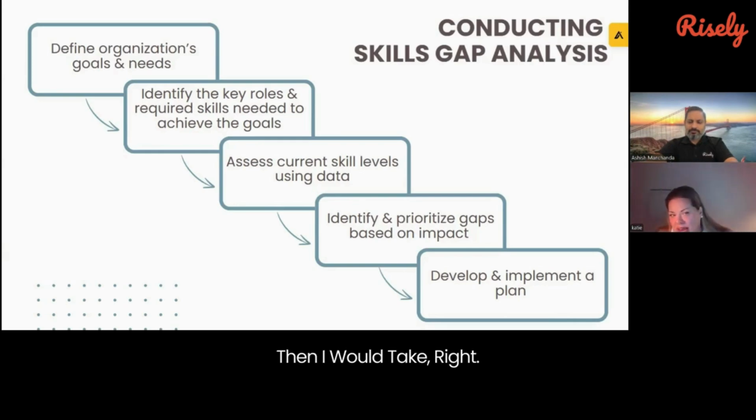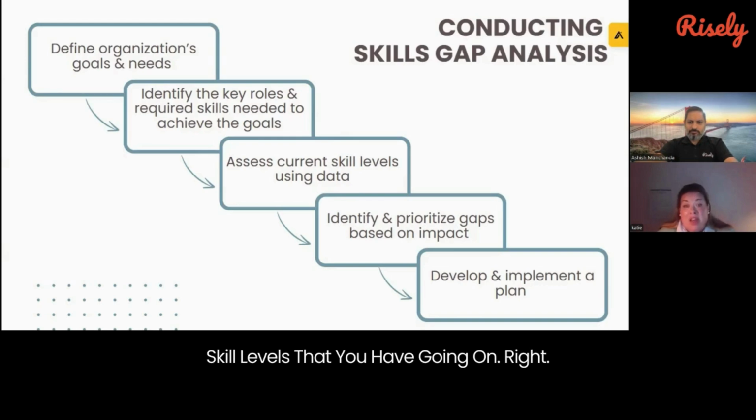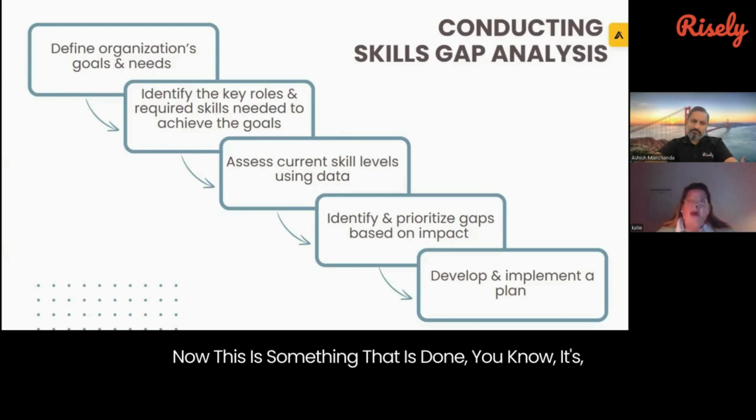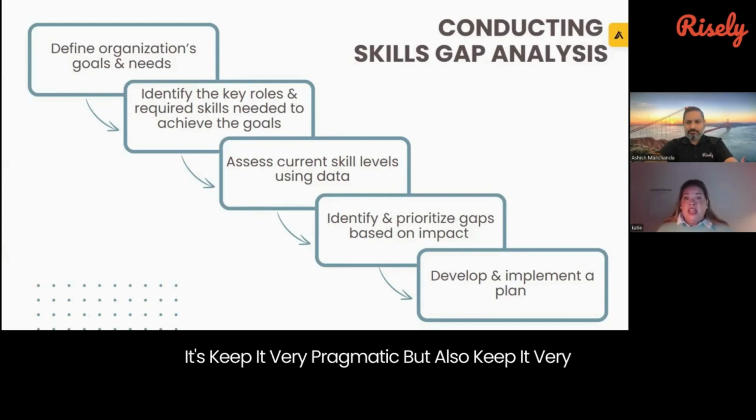Then I would look to say, okay, what's next? We want to assess the current skill levels that you have going on, right? I want you to look at your team's current skills. Now, keep it very pragmatic, but also keep it very honest because